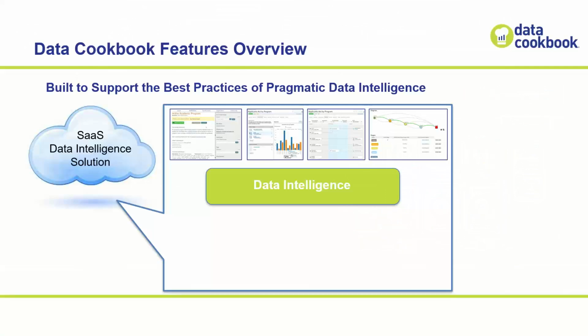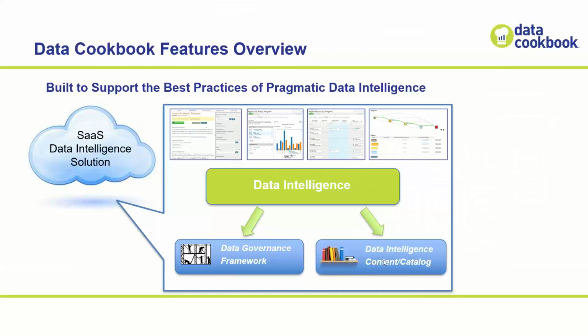So, all right. What is this? It's a software as a service application. It's hosted in the cloud. You sort of flip the switch and you get an instance for your account that's a repository for all of your information. It's what we're calling data intelligence, which is essentially the combination of a data governance framework, which is all the human curation activities around your data, your stewardship, your decision makers, your experts, your approvers and reviewers, and things like that, of various types of data content. And then actually the metadata or data intelligence content or data catalog information within there,